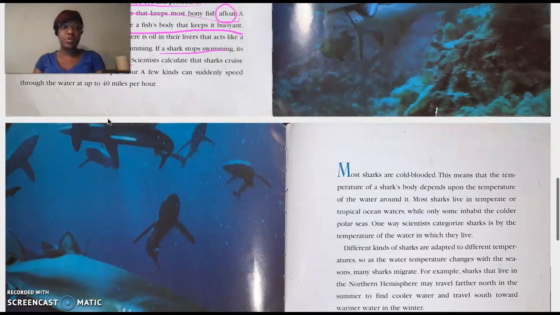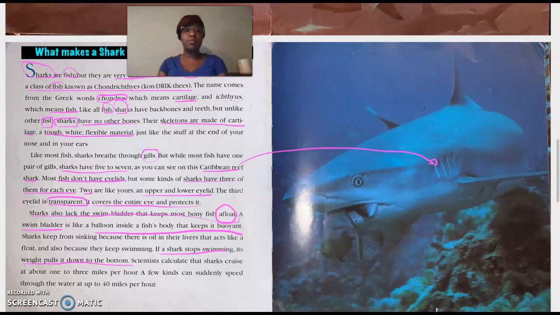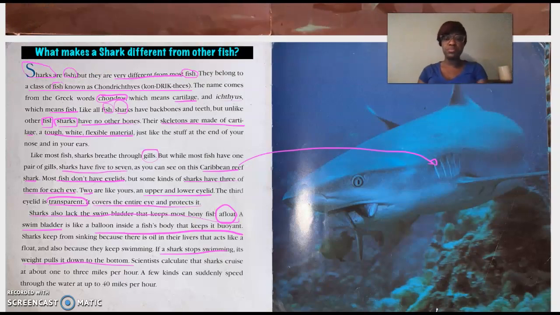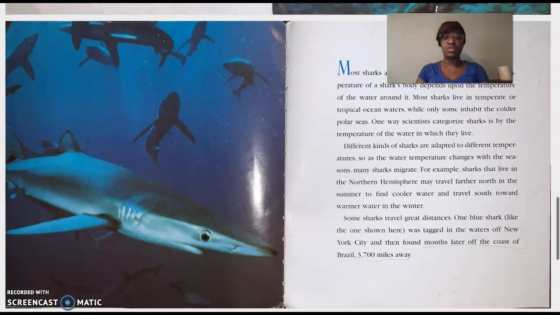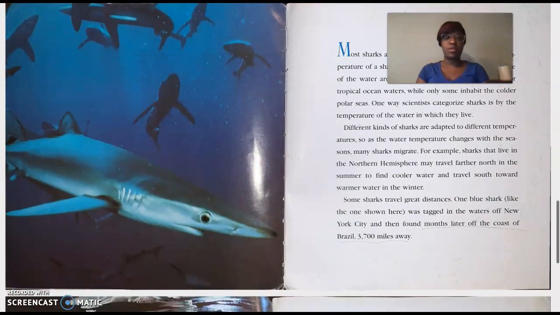So, yesterday, let's recap what we did yesterday. We read this section and we learned a lot of different information about sharks and how they're different from fish in the ocean. And we came up with a chapter title based on what we've read. So, today we're going to continue the same work, but we're going to read another, new section, okay?